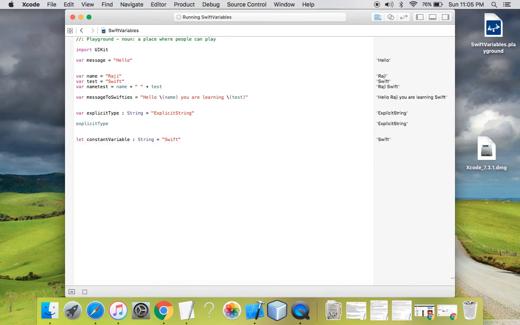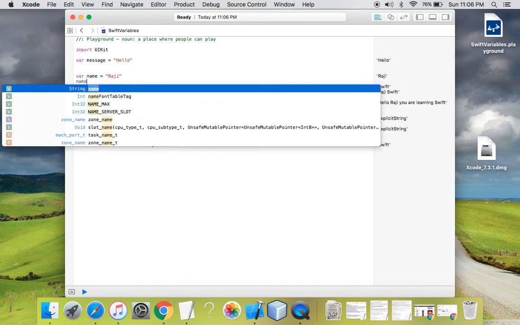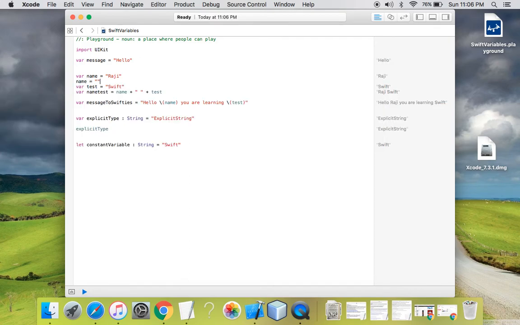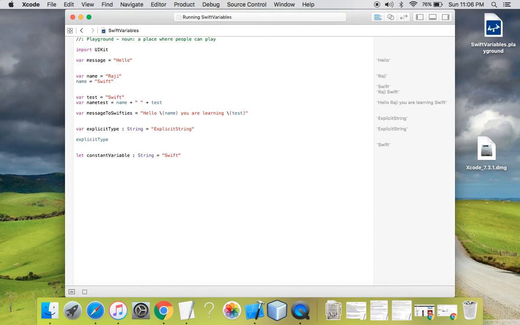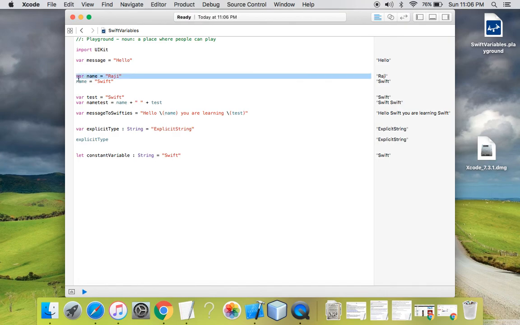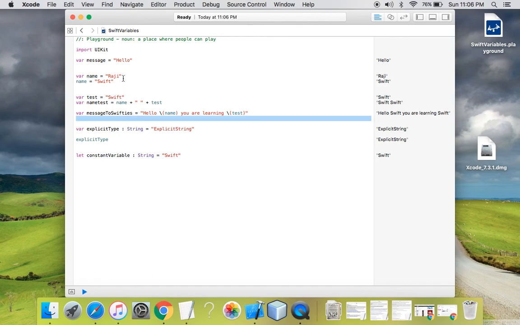Basically, a constant is a term for a variable that remains constant throughout an experiment, though other variables may change. Constant will remain the same. If I want, I can change it. See, for example, I have created this var name and assigned a value of Raji to it. I can change the value of this variable and assign another value. Now this should not throw me an error, as I have created this variable with the var keyword, which means its value can change dynamically. So this is the difference between a constant variable and a regular variable.